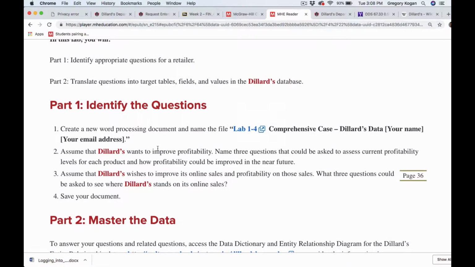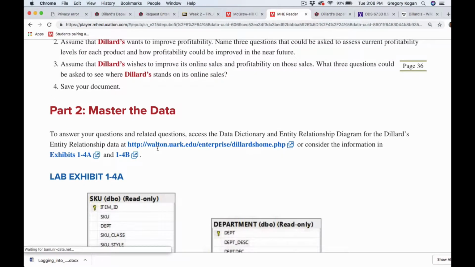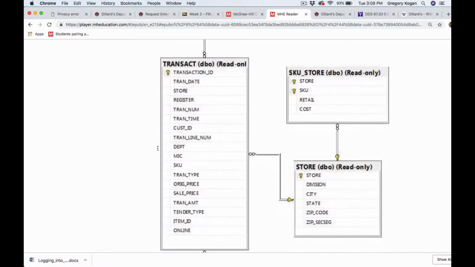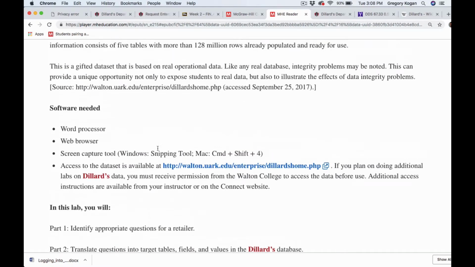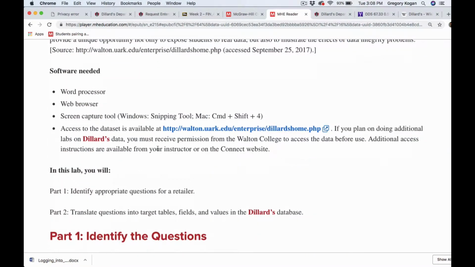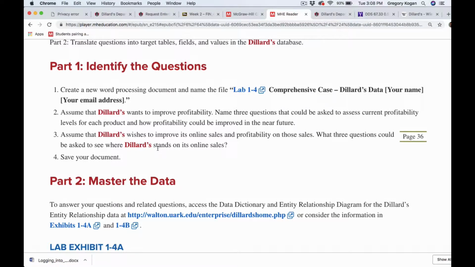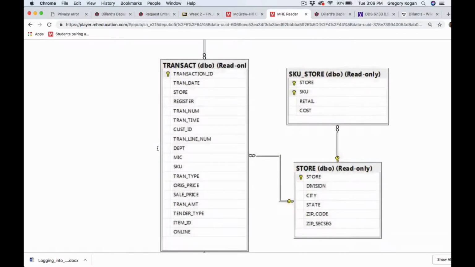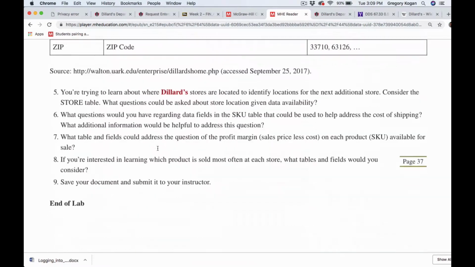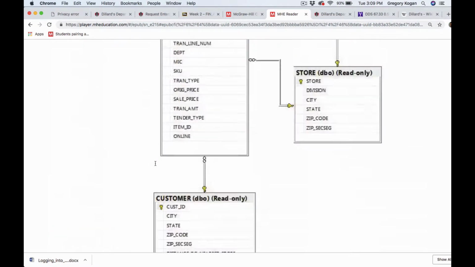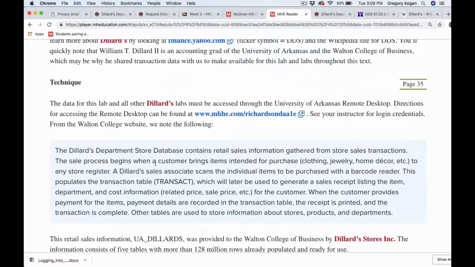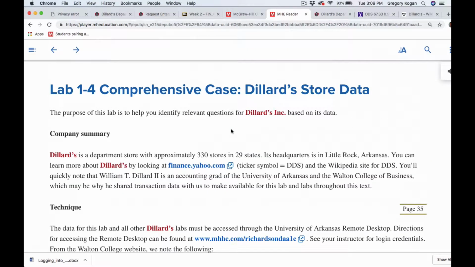So write these down, go through some of the data dictionary, go through how they map out, and write down the questions. This is part of the lab, this is what we're going to try to accomplish in looking at this data. So in looking at the data dictionary, try to understand what is available and how you could use it. The next thing we're going to do after that is